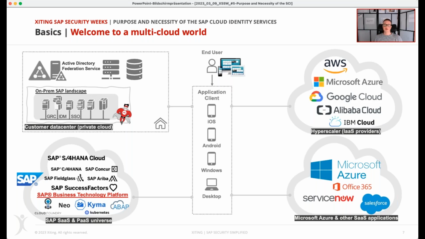The SAP Cloud Identity Services aim to address those requirements. They provide a seamless authentication experience and also a way to automate the identity lifecycle and user onboarding in the hybrid landscape. And also, of course, the integration with Azure AD and other services is possible as well.